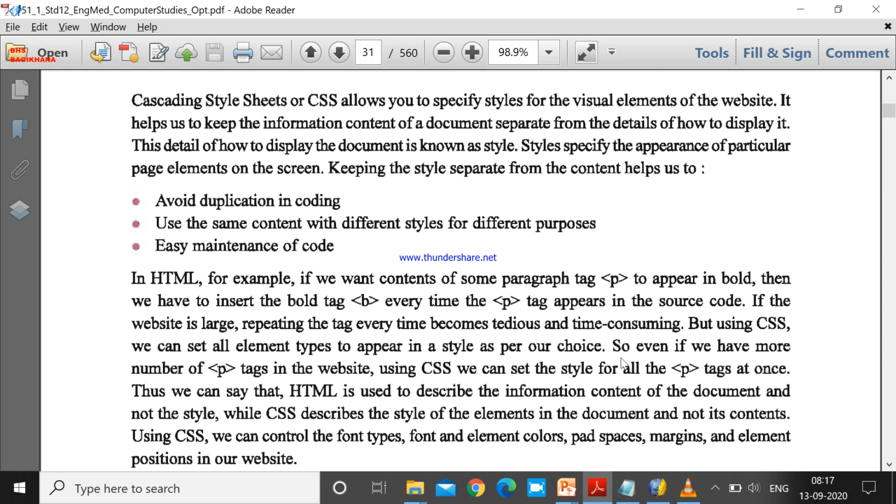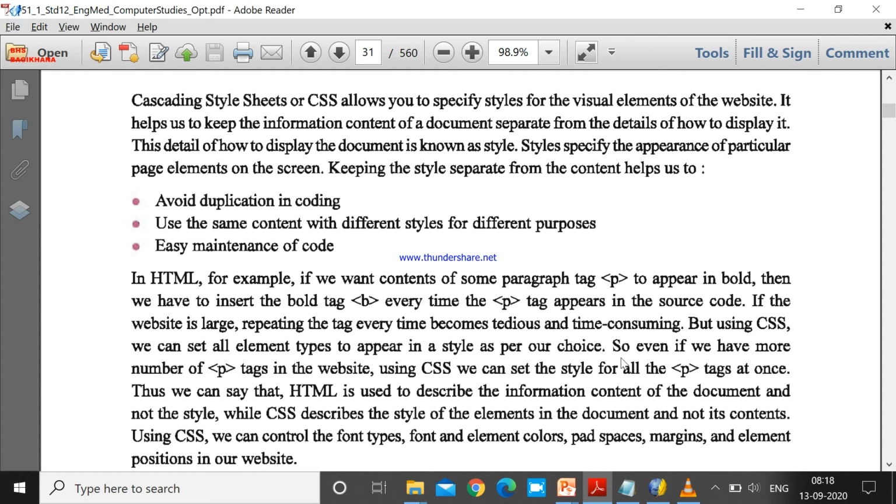For example, student, if you are creating your same computer subject textbook using HTML, so whenever the new chapter comes, the title of the chapter always comes in a specific format. Then after, whenever the topic title comes, you have to set the properties for that topic title again, and whenever the content comes, you have to set the properties for the content again. So these three processes you have to apply again and again whenever you want the chapter title, topic title, and the content.